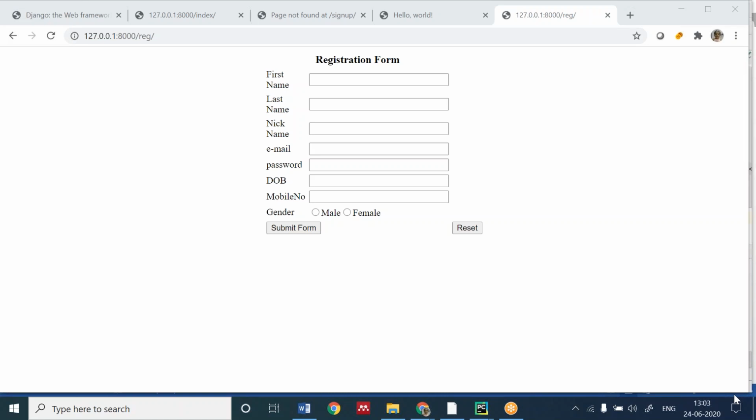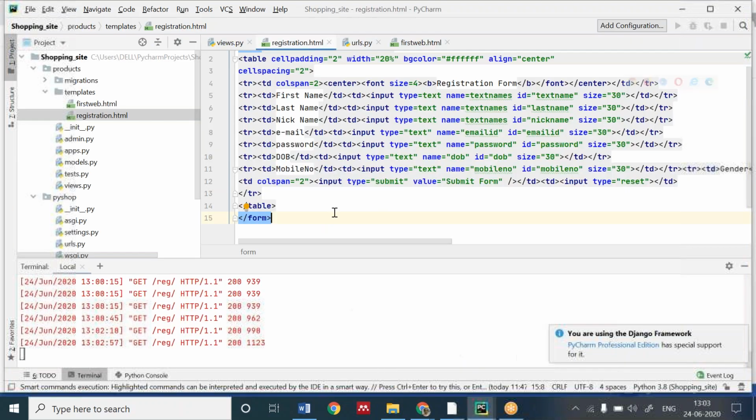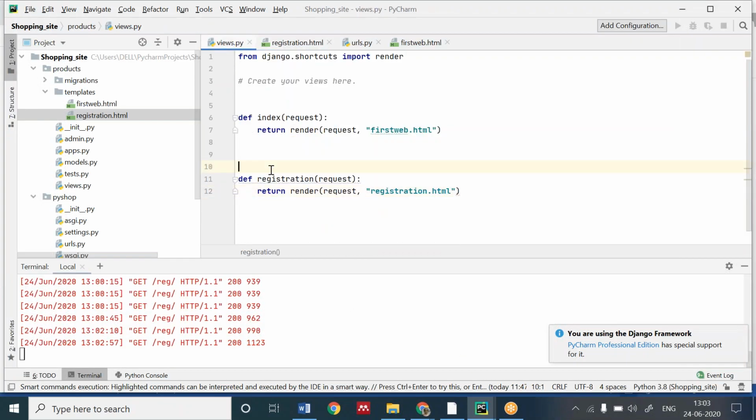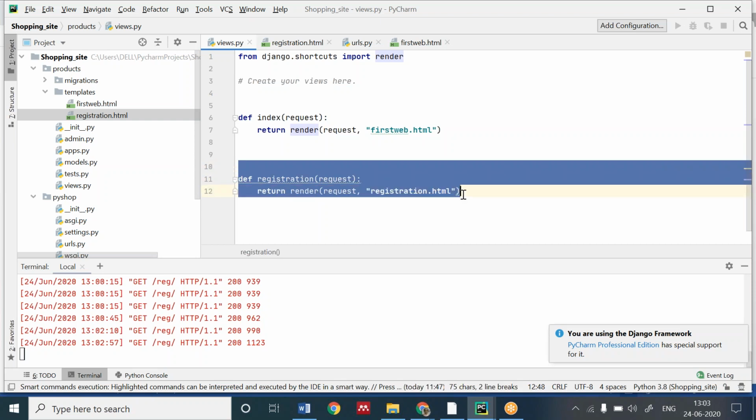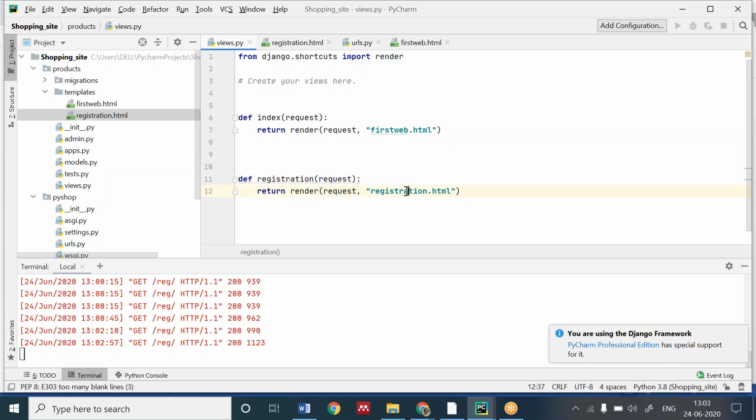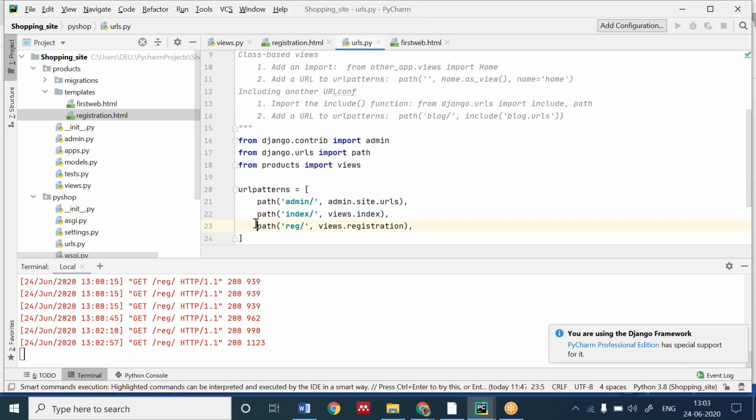Ma'am, it is not working right. Yes, Sejal, you can see that some codes were printing. Okay, Nisha, I'm telling you how to run it again. When you make that file, go in the views. Define a function. Okay? In that function, pass the page name. Then go to the URL section, create a path of this, pass the function, and create a name by which you can access it. And then you can run the server.